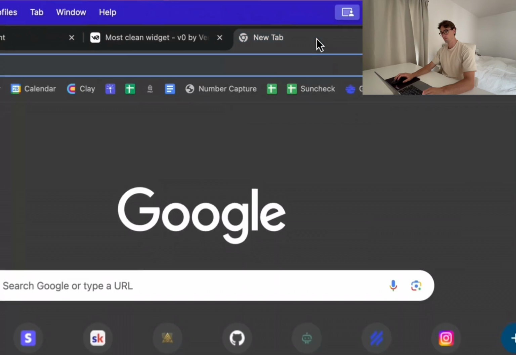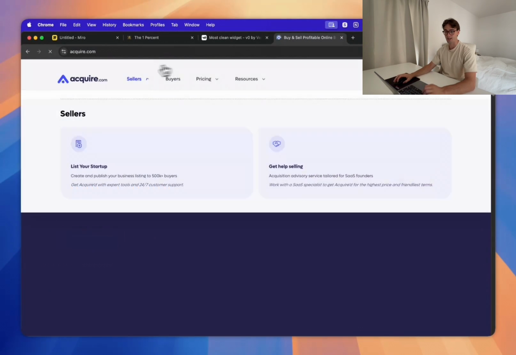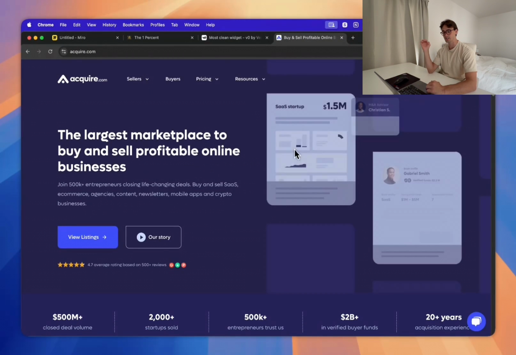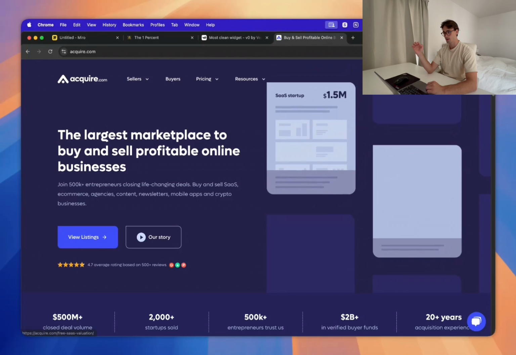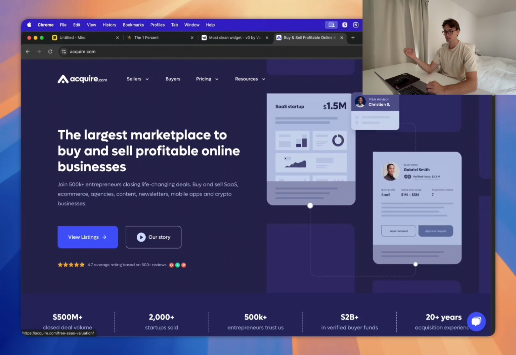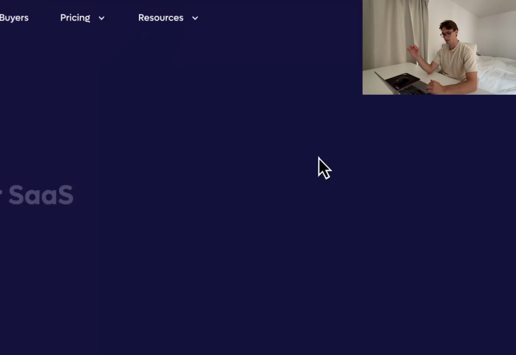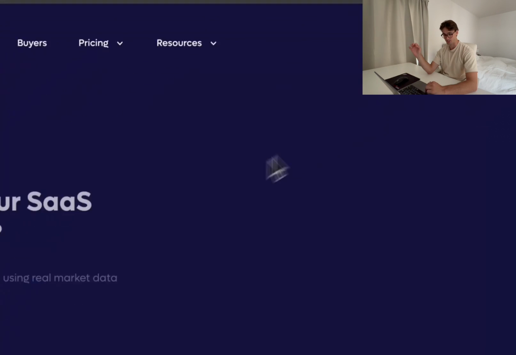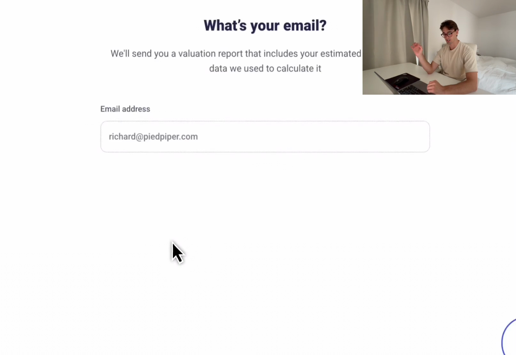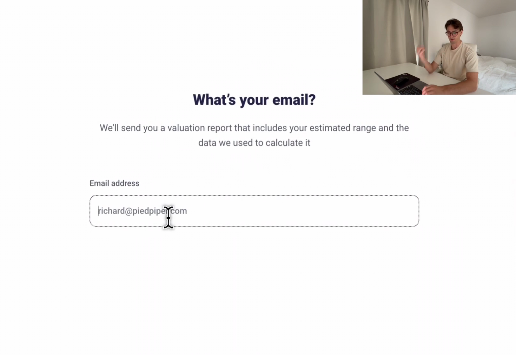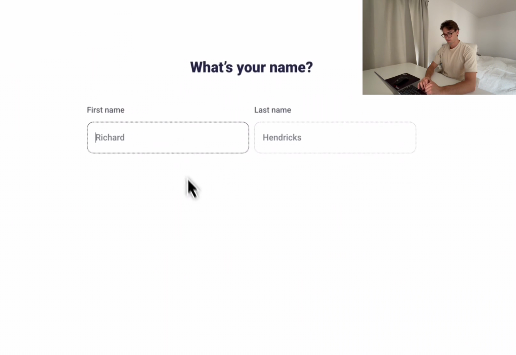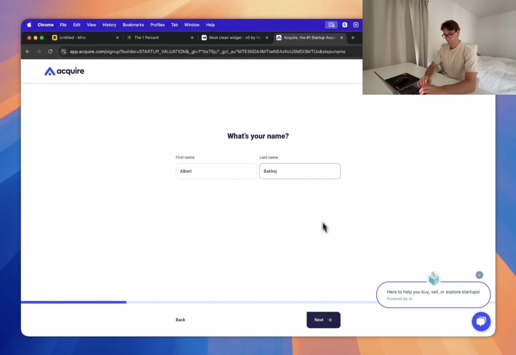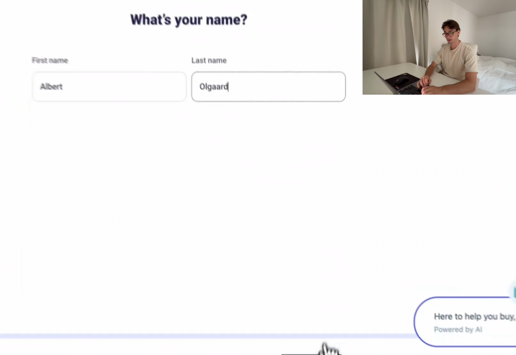I'll show you what we will be building, and I got inspired by acquire.com, which is a marketplace where you can buy and sell startups, mostly SaaS companies. Up in the top right corner, they have a free SaaS valuation, and if I click get free valuation, it pops up with this. I can then write in my email and my name and then